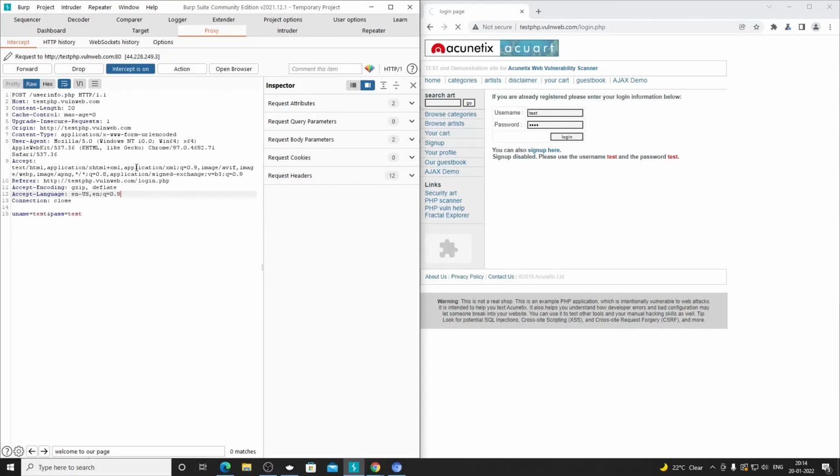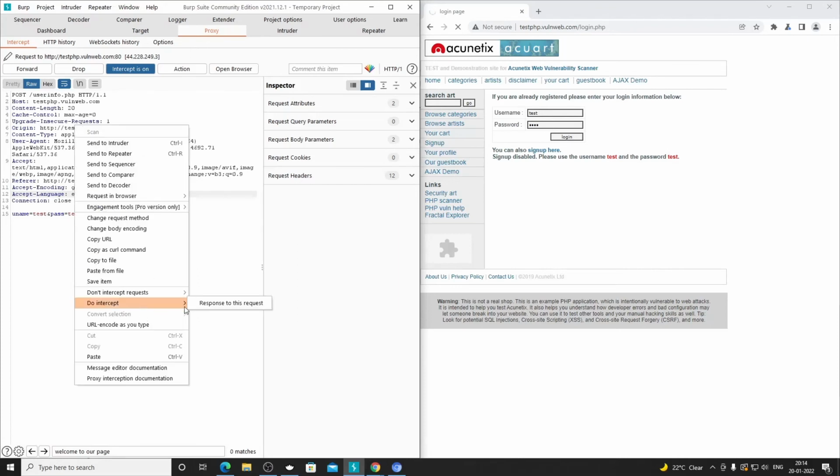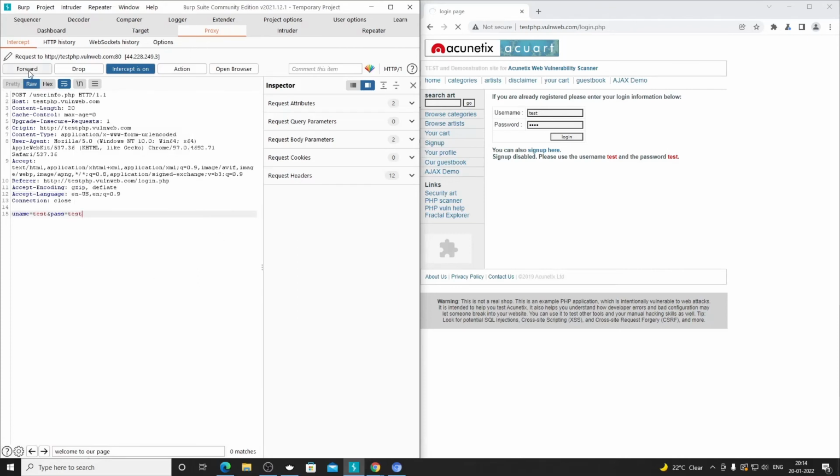So that response will definitely pass through our Burp Suite, but Burp Suite is not going to intercept it because I didn't do this. So right now I'm clicking on forward. As soon as I click on forward, the user would be logged in directly here. We are not going to see any response here in Burp Suite, because even though it is going through Burp Suite in the workflow, Burp Suite is there.